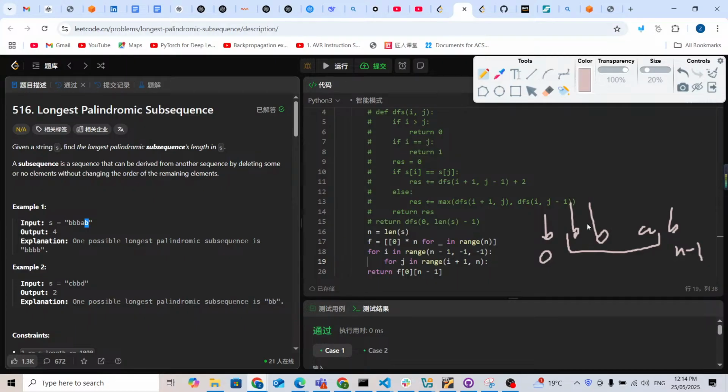Actually, this subproblem has already been solved, but why has it already been solved? Because of the two for loops. Yeah, these two for loops go from the right to the left. This B is already solved, AB already solved, BAB already solved, and BBAB already solved, and definitely BBA has already been solved. Why? Because while we are checking this 0 to n minus 1, this is I. This I can be n minus 1, but this I can also be n minus 2. Yeah. If this I